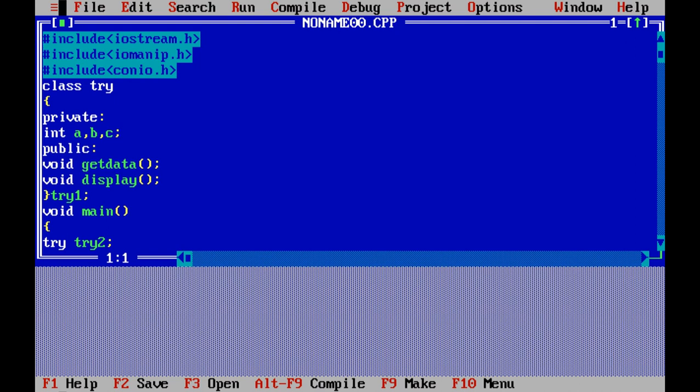By default, all the variables are private in a class. If you want to call or access the variables or functions outside the class, you must put them under public. That is why I put all the functions under public, because I want to call the functions, so that I can manipulate the data a, b, and c.